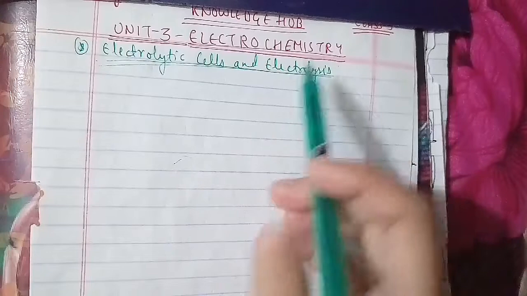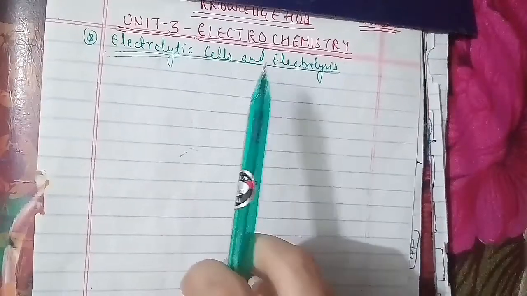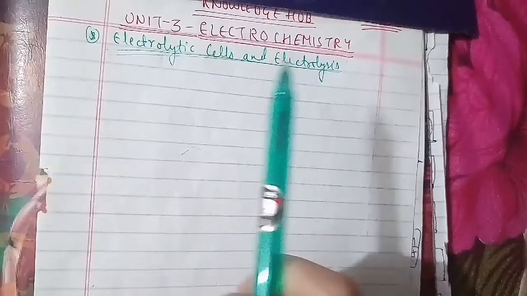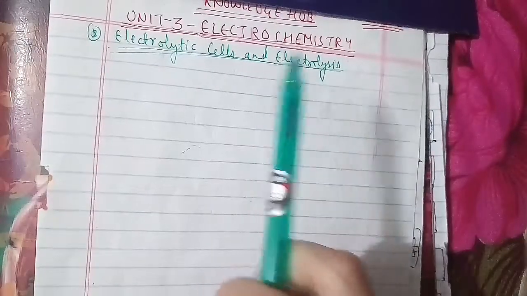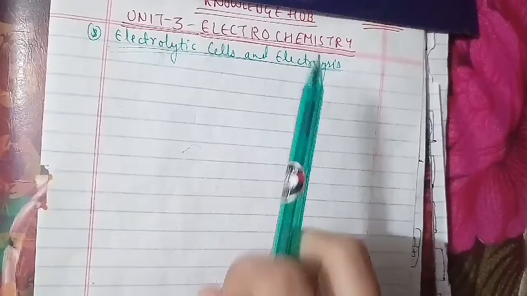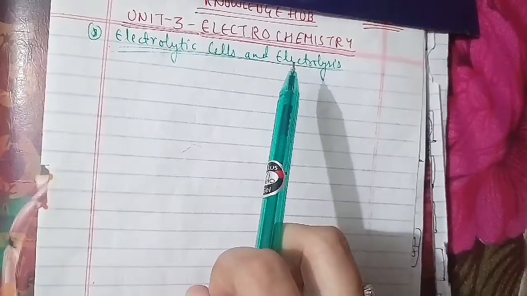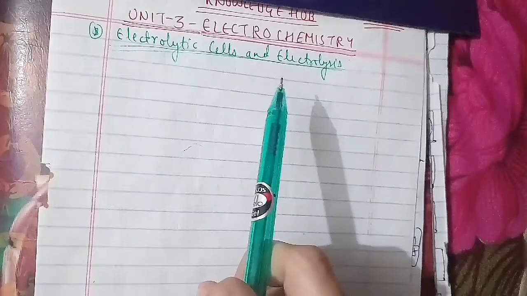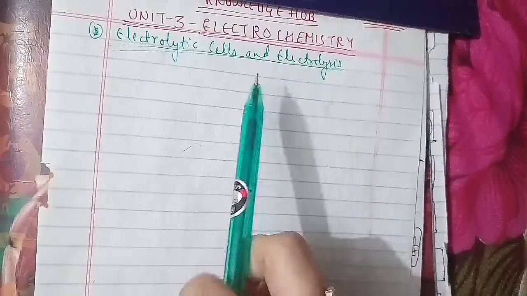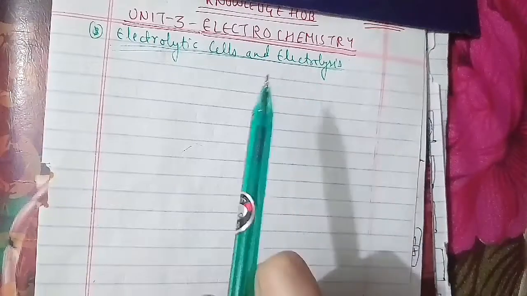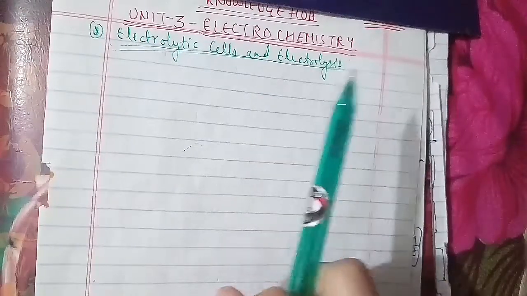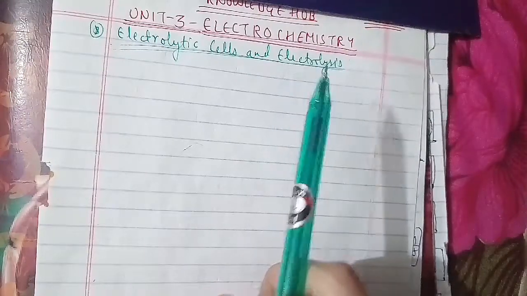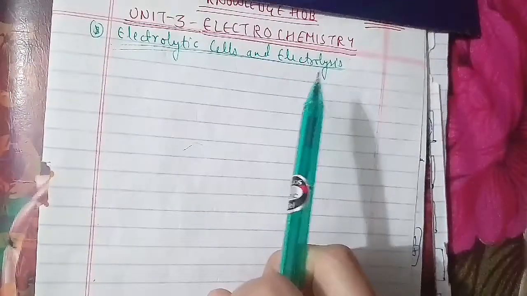So in an electrolytic cell, an external source of voltage is used to bring about a chemical reaction, where the electrochemical processes are of great importance in the laboratory and the chemical industry. One of the simple electrolytic cells consists of two copper strips dipping in an aqueous solution of copper sulfate, and if a DC, which is direct current, voltage is applied to the two electrodes, then the copper sulfate